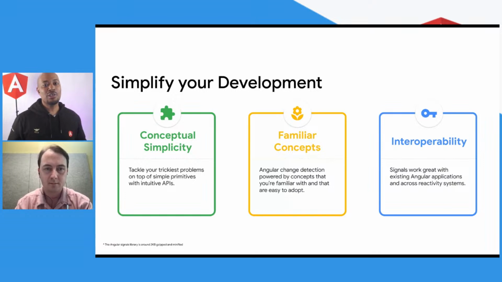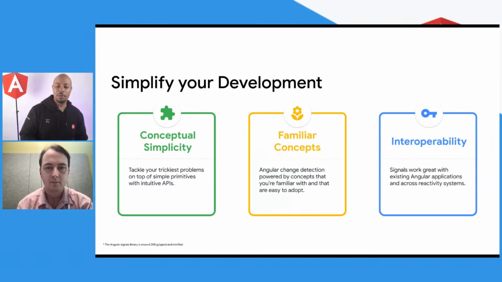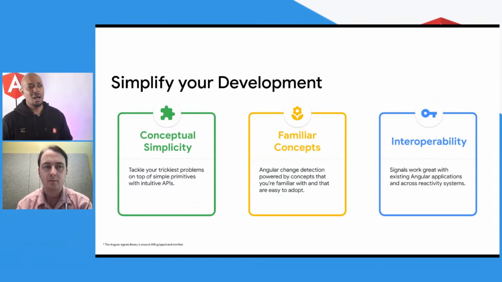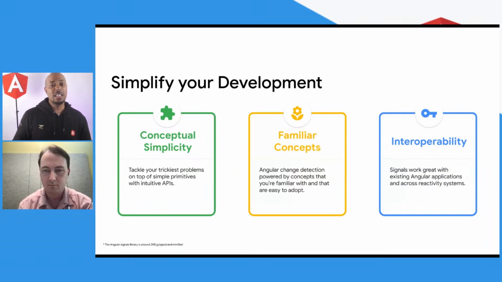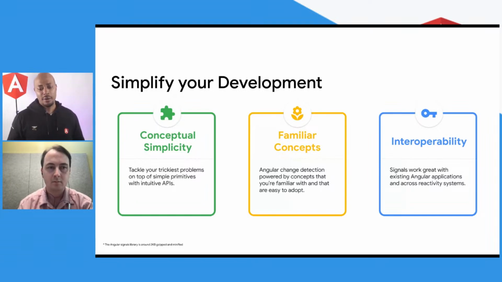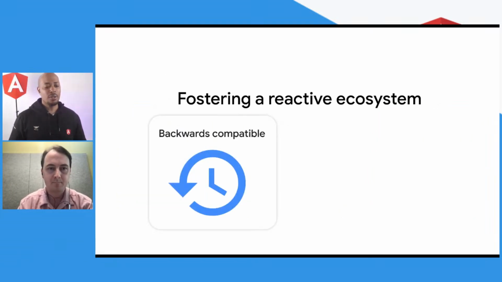And then there's the interoperability. We want signals to work with existing Angular applications. Can't stress this enough, because I saw somewhere online some feedback that people feel like, well, what's going to happen with my change detection in my existing apps? Is it going to break everything? Are you going to force me to change? I spent a lot of time. No, these are opt-in. Even when we get them out of developer preview, they'll still be opt-in. They won't be hidden. They'll be controlled by flag. Okay. Our goal is really strong here about being backwards compatible.